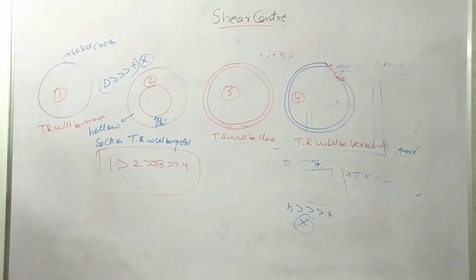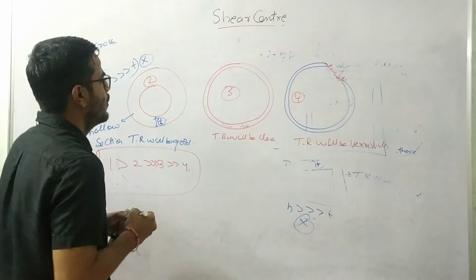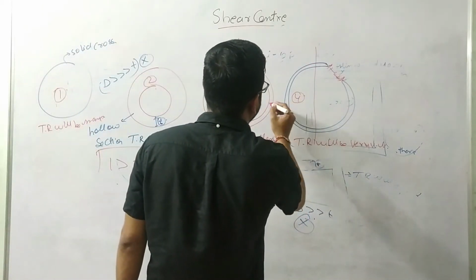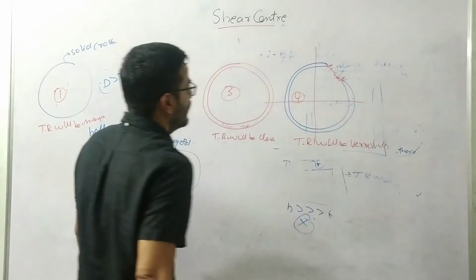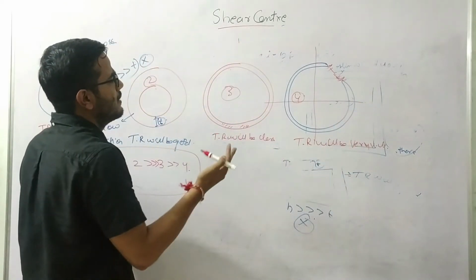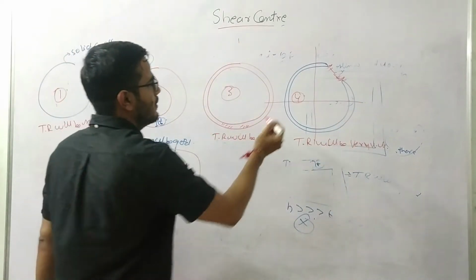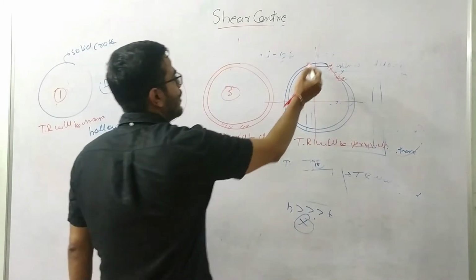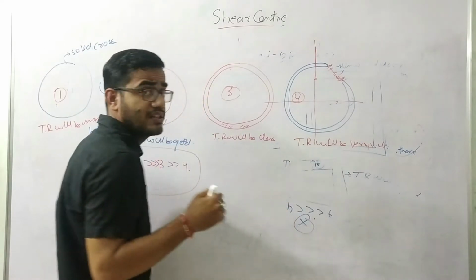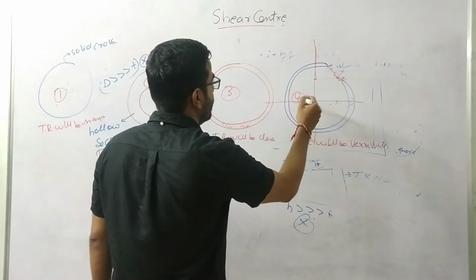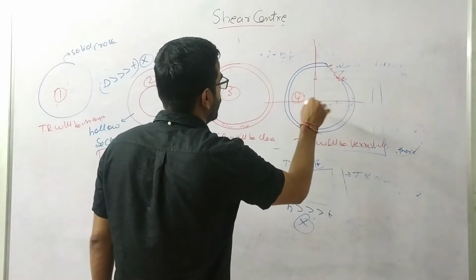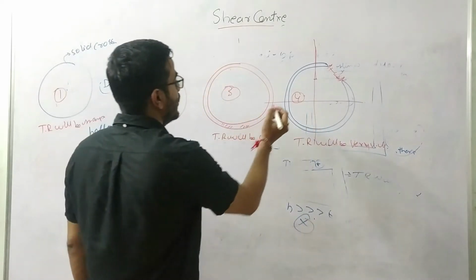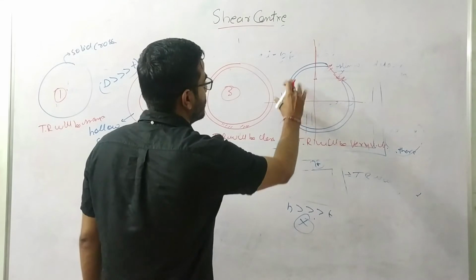Okay, so in this type, if this is the centroidal axis, and the material is not symmetrical about these axes, then we need to find, if I apply a load about this axis, there is a chance that this material will have more twisting and bending. So we need to find one point where we need to apply load